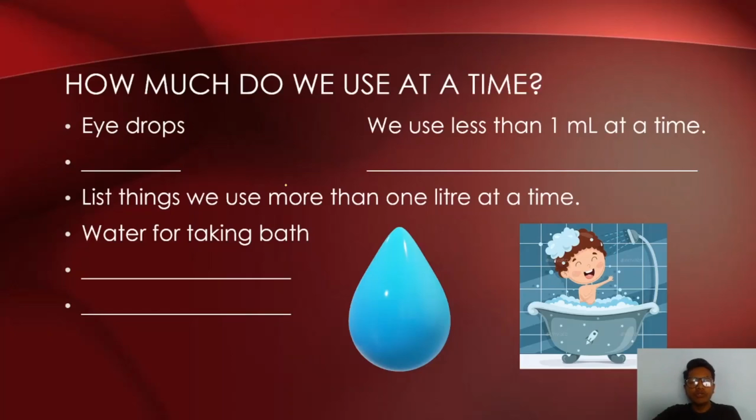Next, some things we use more than 1 liter at a time. So firstly we have seen the quantities which are used less. Now we have to write the quantities which are used more than 1 liter at a time. So here one example is given, water for taking bath. Yes, we use approximately 15 to 16 liters of water for taking bath. The other examples you can do by your own self. You have to think which things are needed more than 1 liter at a time. Okay, moving further,